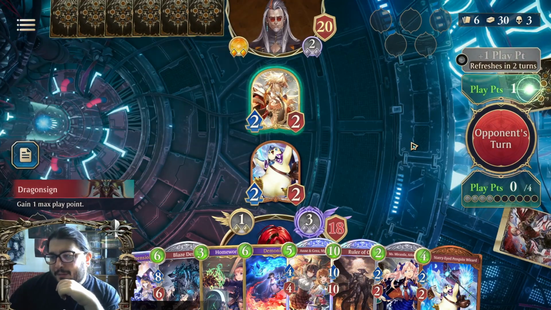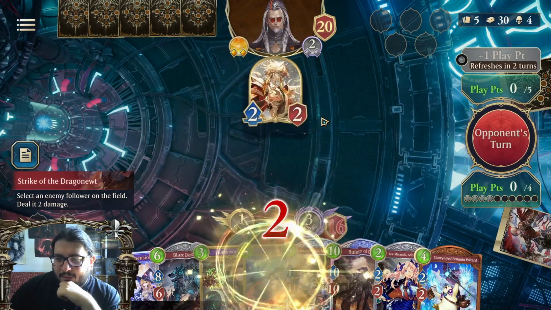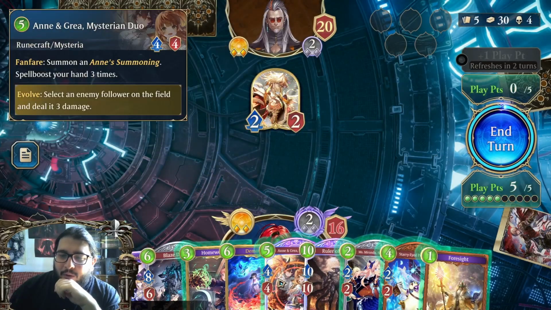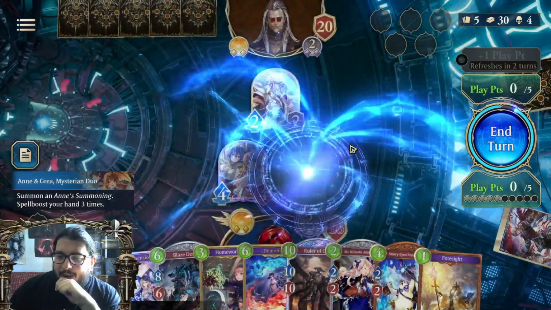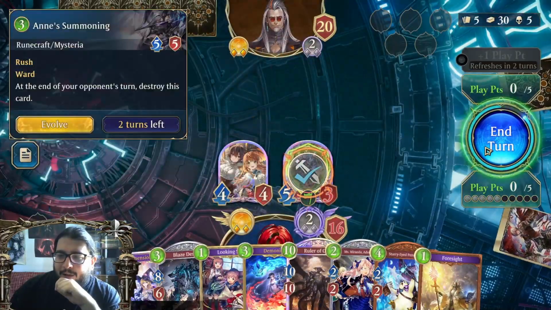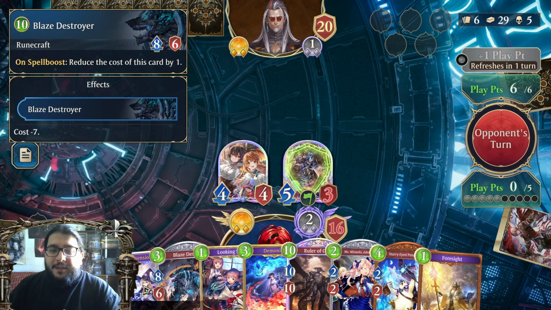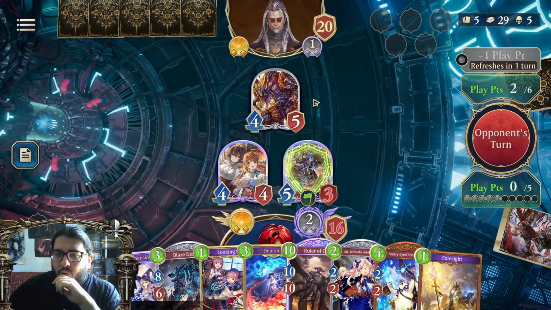Okay, he ramps. Expected. And strikes. And keeps pushing us. Okay. So, I think Anne and Greya is pretty good to drop here. Maybe it's early, I'm not sure. But what this does for me is I clear the board, I keep a 4/4, and I do a huge spell boost. And that spell boost is great because Blaze Dragon's gonna be coming out. We're soon gonna have a Dimension Climb, so it's gonna be...